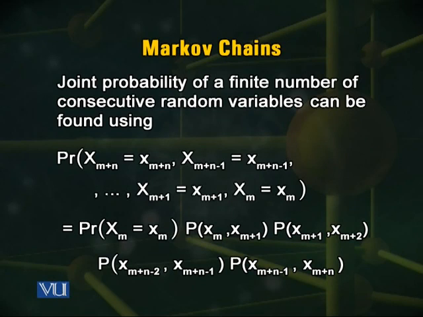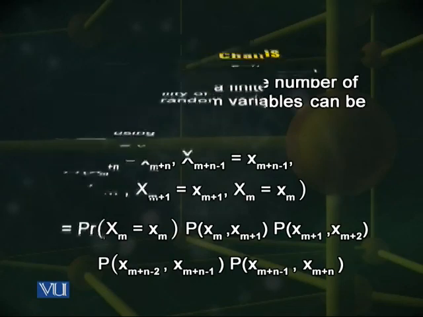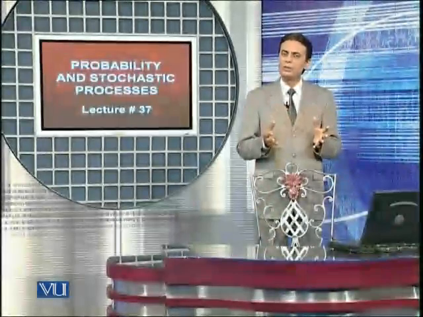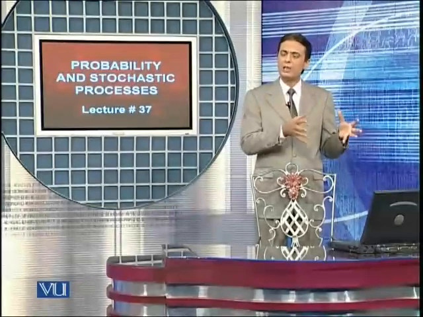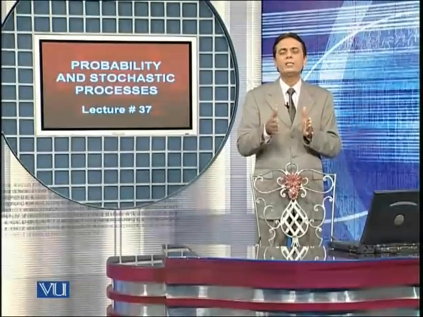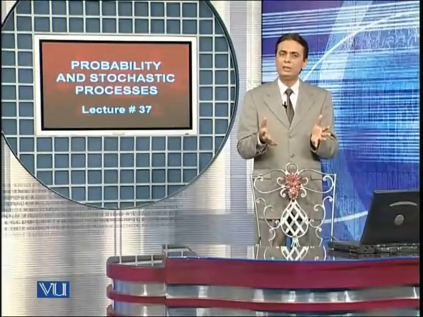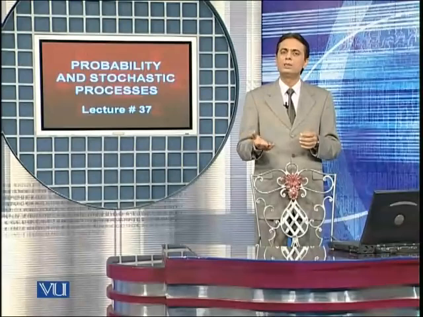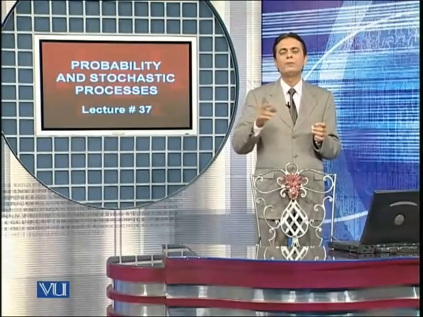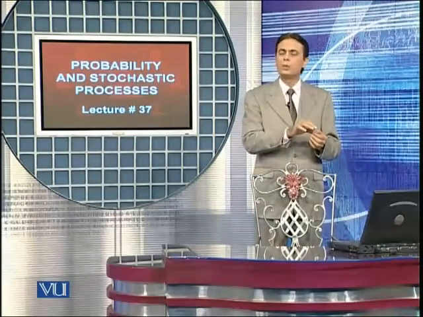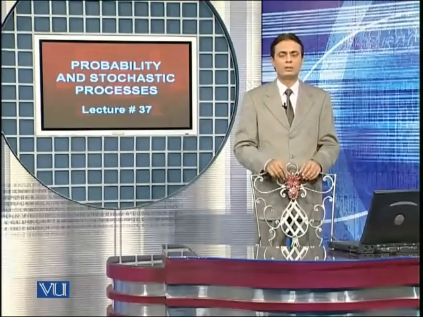So this expression is extensively used to find the joint probability of three or more consecutive random variables. When you want to find the joint probability distribution of 2, 3 or more random variables in a Markov chain which are neighbors of each other, adjacent to each other, with no gap, then the formula is easy. All you need to do is find the unconditional probability of the one with the lowest index and then a few transition probabilities from that lowest index to the next, to the next, and to the next.